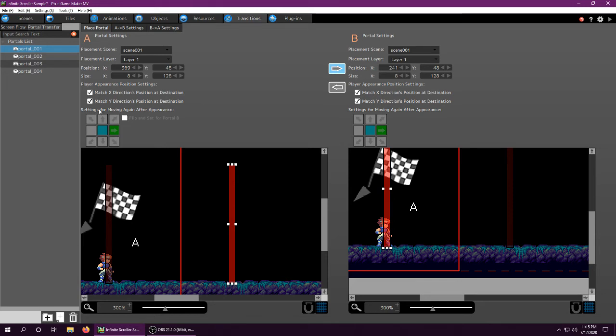Make sure you do not set it to go back. So if you have this true, when the player touches both portals, they can go back and forth. We don't want to go back and forth, we just want to go back to infinitely loop. We don't want to reach the end of the level, so we just need to teleport back. And